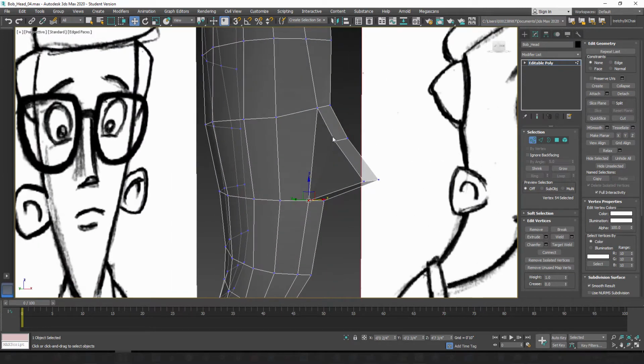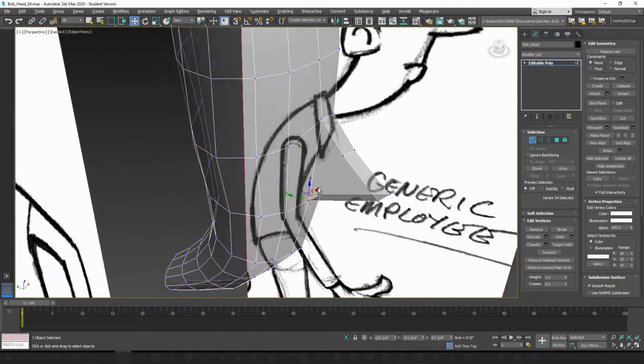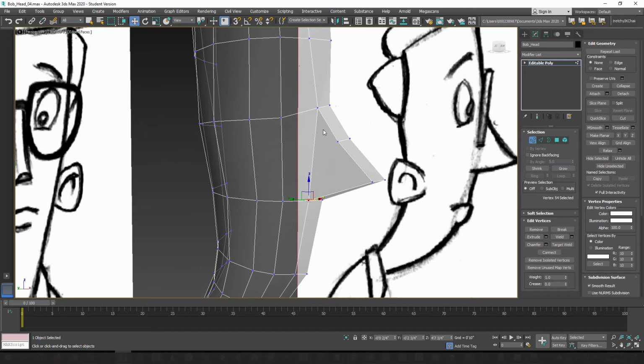Okay, so right now we're just at the blocking in stage. So we have the nose extruded. We're going to have to make some changes to the edges after, but we're going to leave the nose blocked in like that for now, and we're going to focus on blocking in the hole for the eye, extruding the ear, and then cutting in part of the mouth. So if you go back to your left view,